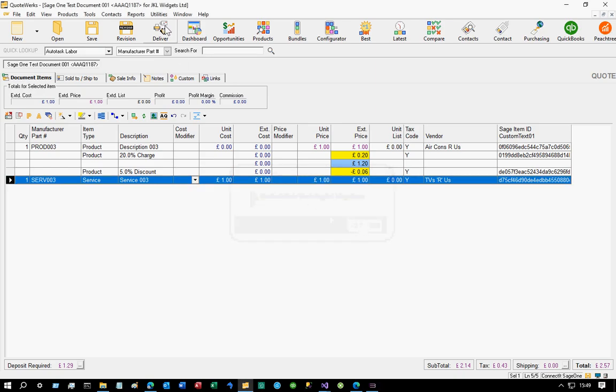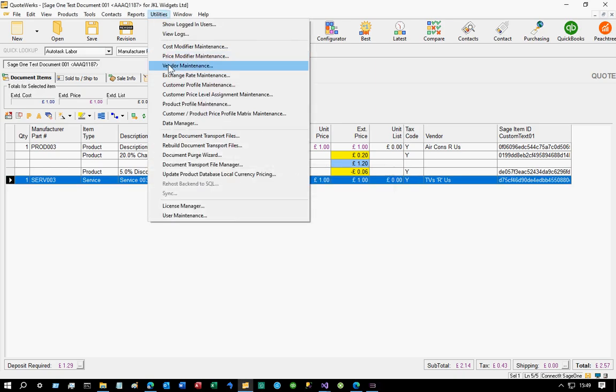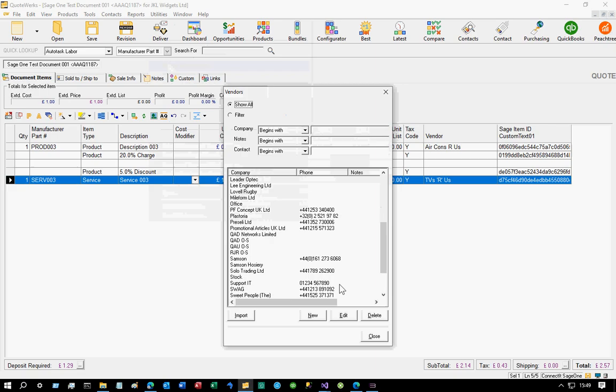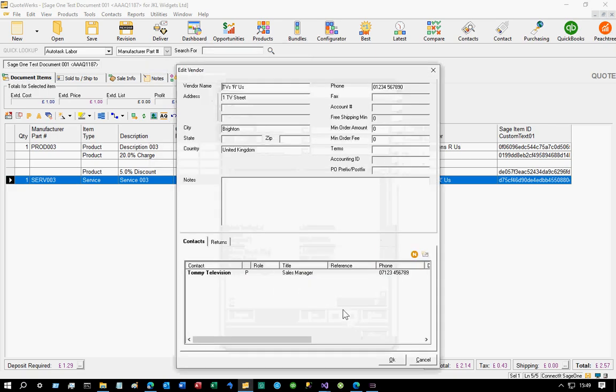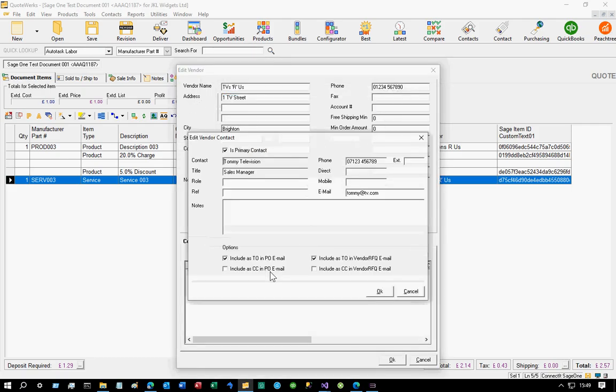Before we go and take a look at that, let's take a look at the vendor within QuoteWerks. Scroll down here, find TVs R Us and edit. It's got the address here, United Kingdom, phone number. We've got Tommy Television as the sales manager with his phone and email address. Looking at it within